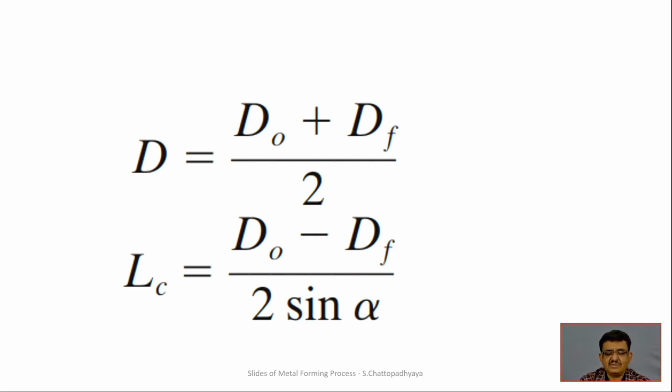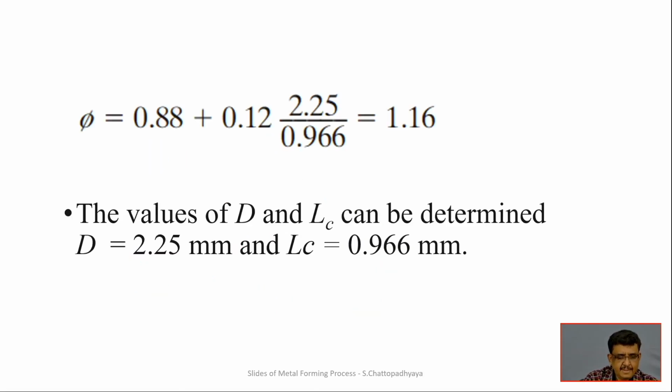suffix c, which is associated with this inclination part of the drawing of the workpiece, is determined by d0, that is the original diameter, minus df, the final diameter, divided by 2, into sine alpha, that is the angle. So that is the value of L suffix c. And then phi, definitely, because